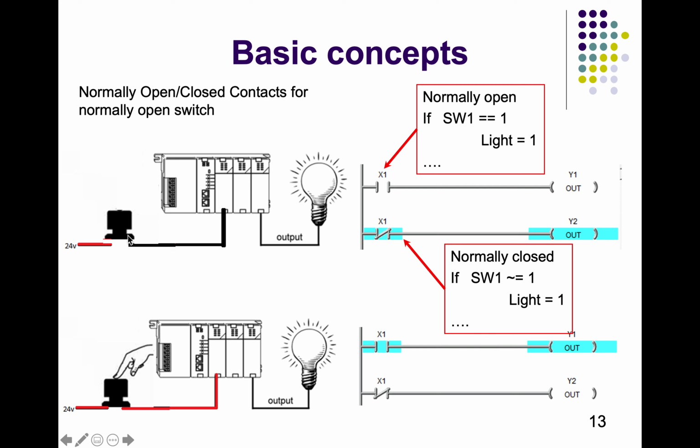Here you can see we have the switch X1 near this 24 volt. We have not turned on this switch. If we turned on this switch, there would be power from here. So this is not turned on. That means for a normally open, there is no power through this switch, so it is not going to power on Y1. The cyan in the background says whether it is active or not. So the not condition of this switch is right now active. That's why the power is going to Y2.